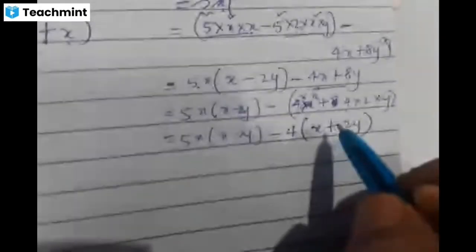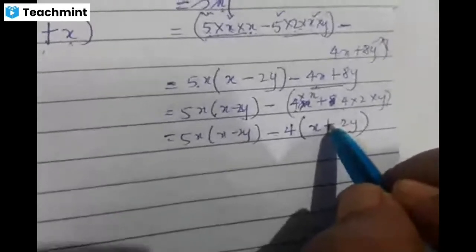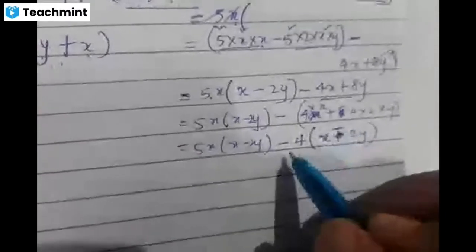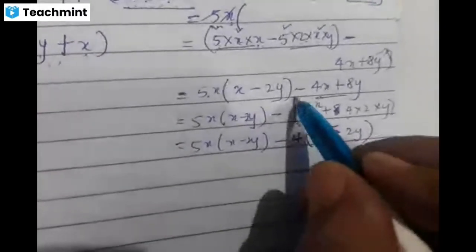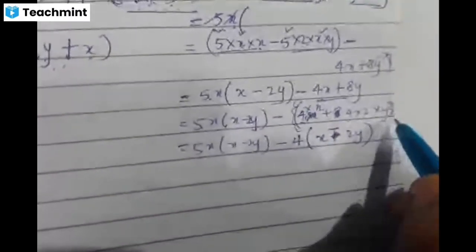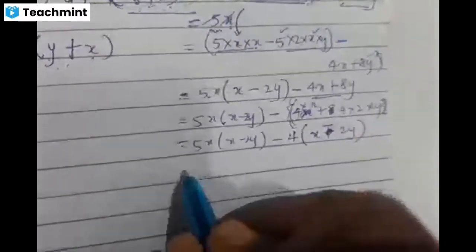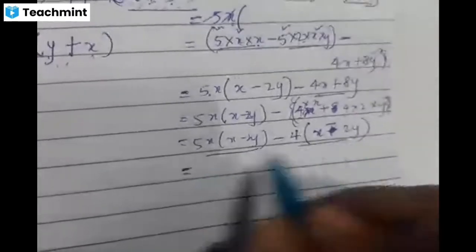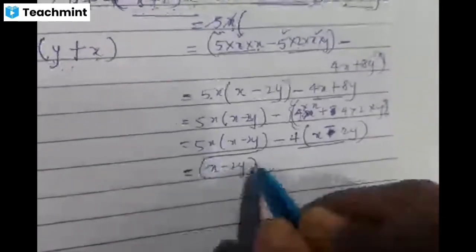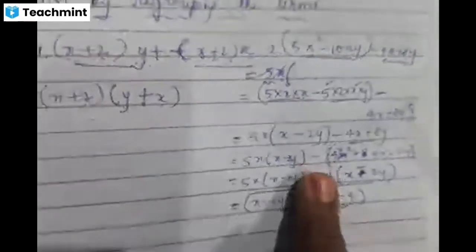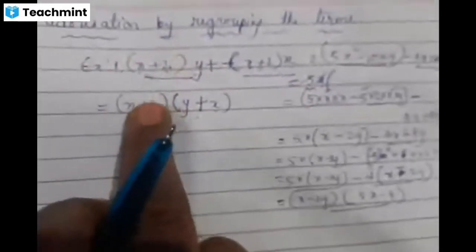So minus into minus will be, minus into plus must be minus, but I keep it here minus because I should get minus into minus. Here no brackets are there. So minus into minus should be plus. So I keep minus here. Now, what is common here again? X minus 2y. What is left here? 5x minus 4. In the worksheet, such type of problems are only 1 or 2, but you should learn this type of problems, children.